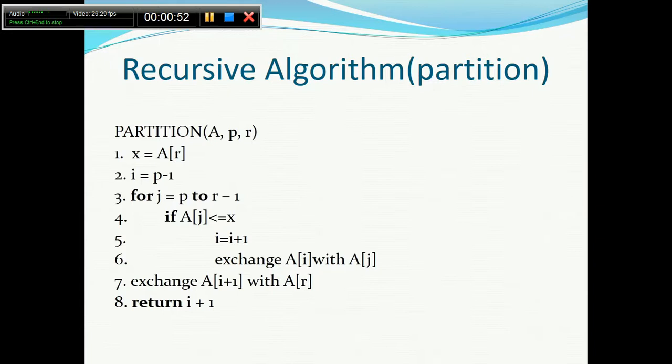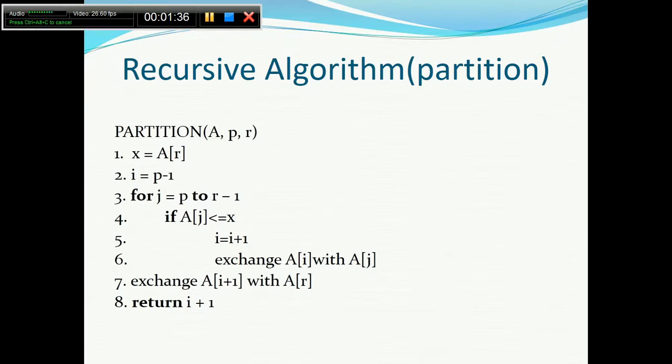All the numbers that are smaller than the pivot should be on the left side, and all the numbers that are greater than the pivot should be on the right-hand side. It entirely depends on how you implement the partition algorithm. So the equal conditions would also be taken care of, either left or right, as per the partition algorithm only. So whatever pivot element you have, all the numbers smaller than the pivot should be strictly on the left side, and all the numbers greater than the pivot should be on the right side. As per the implementation, the equal-to elements will be on the left side of the pivot or on the right side of the pivot. So this is the basic idea of how the partition algorithm actually works.